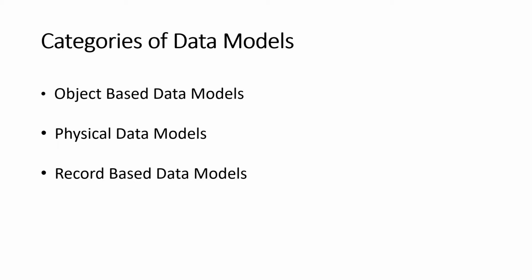Apart from that, the physical database model will also provide the complete details, or it will display the table structure, including the column name, column data type, constraints which are imposed on the column, primary key, foreign key, and relationships between tables. This tells that the physical data model will be different for different RDBMS, that is Relational Database Management System.